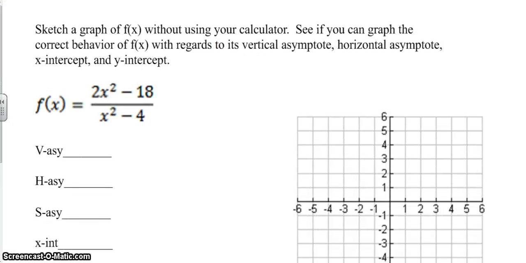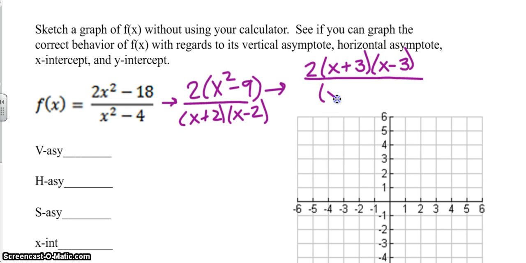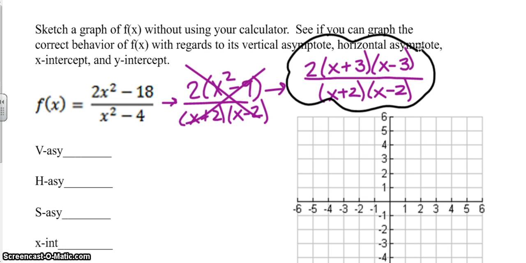Alright, so sketch a graph without using your calculator. We're going to do our best, and at the very end we're just going to check the picture to make sure we connect all of our features correctly. So, first thing always is to factor the top and the bottoms. This is going to be 2x squared minus 9 over x plus 2, x minus 2. Well, x squared minus 9 is a difference of squares. Okay, so from this version right here, we would want to read the domain if it asked for it,